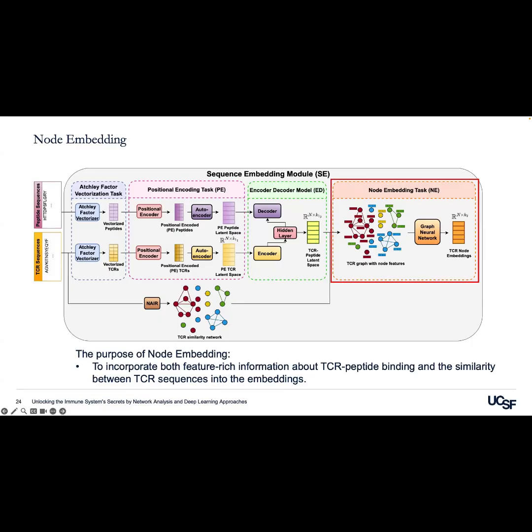So basically the graph neural network combines the network structure with the encoder decoder embedding, just like adding another layer on top of it. Okay, thank you. Any other